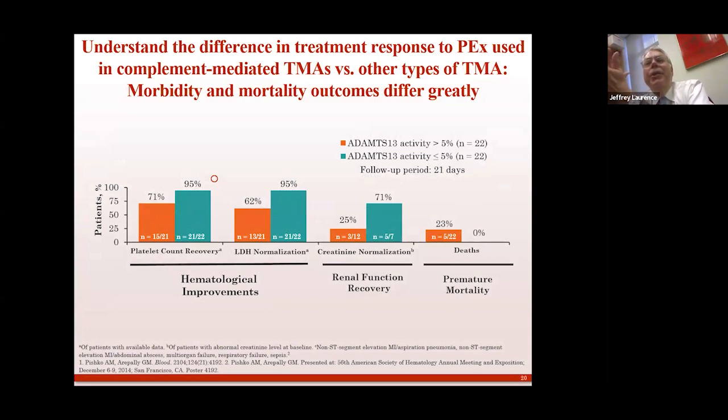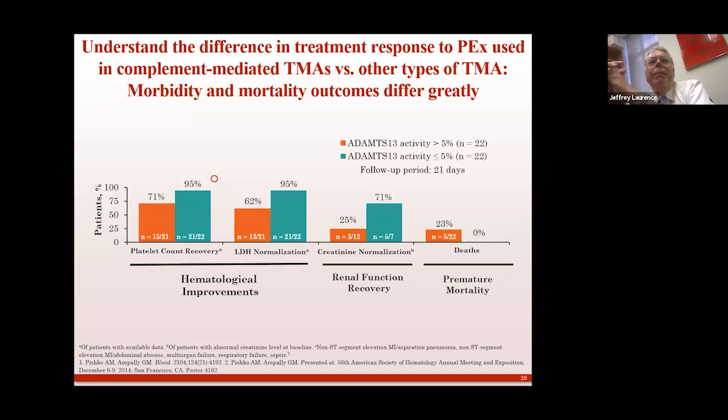And half of them were considered to have atypical HUS with normal ADAMTS13 activity. And they didn't have complicating factors, like these weren't cancer patients or transplant patients or active infection patients or pregnant patients, et cetera. And they gave them all plasma because between 2007 and 2012, the drug wasn't approved until September of 2011. That's all we had was plasma. And look what happened. If you gave a patient with TTP plasma, in the teal bars, 95% completely recovered their platelet count, but so did 71% of the HUS patients.